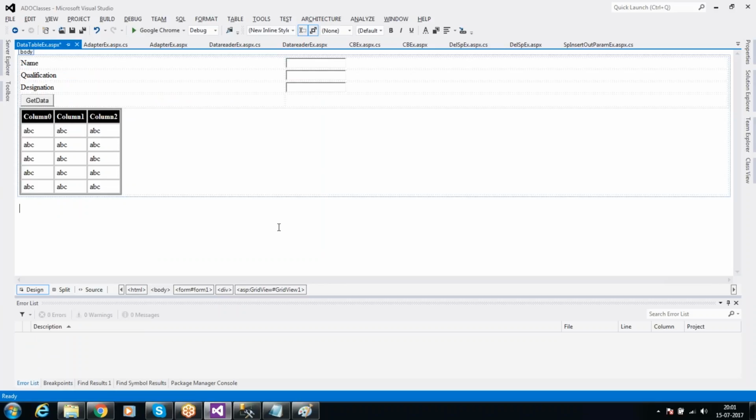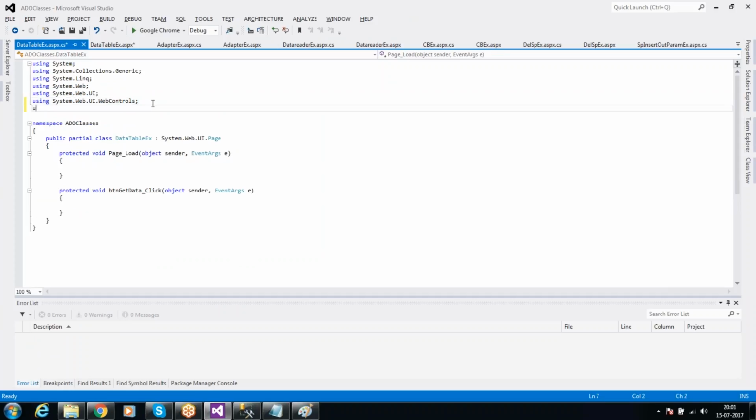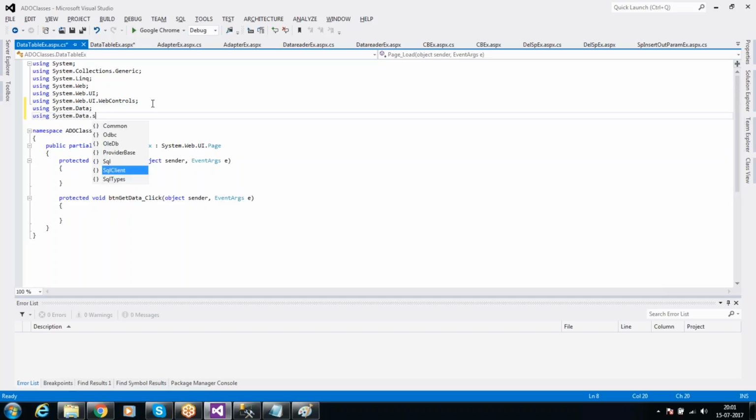This is my grid view. So let us check how we are going to write. Using System.Data, System.Data.SqlClient,